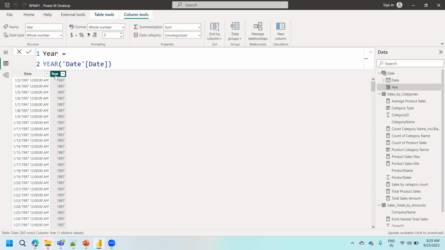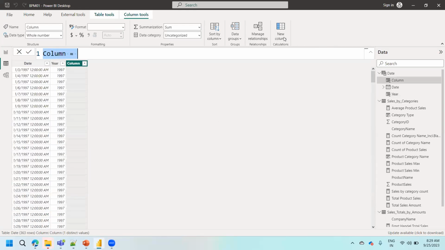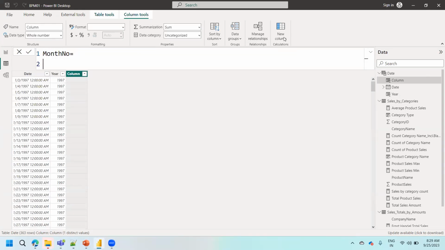Are we going to extract from the date field in the date table? Is that a calculated column or a new measure? It's not a measure, right? You are not doing any aggregation. You are trying to extract some value from the existing field. So let's derive a new calculated column, giving the name Month Number equals